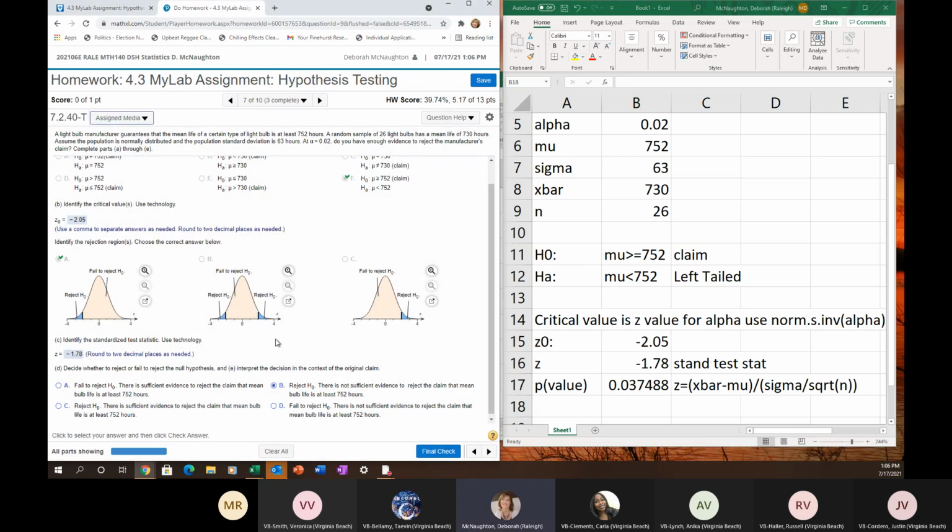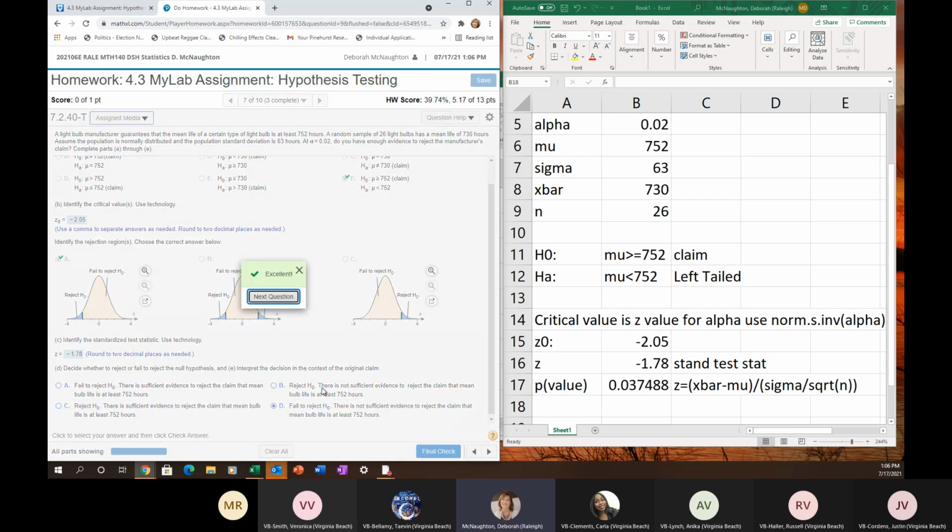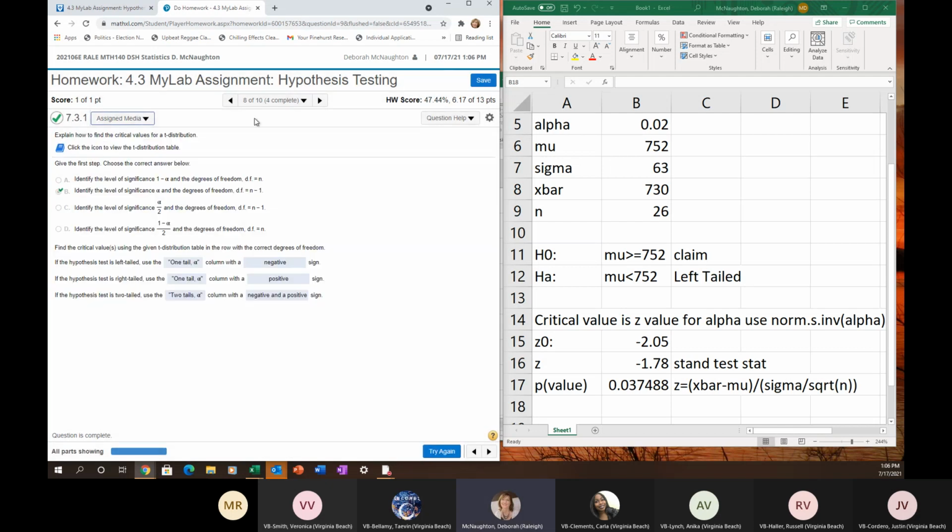Oops, I must have marked it wrong. I marked reject instead of fail to reject. It's just looking at the wording. We fail to reject because there is not evidence to reject the claim. All right, and then I also wanted to show you guys